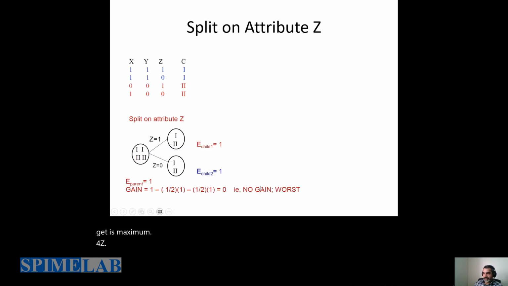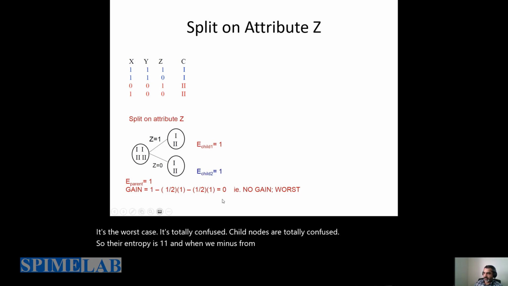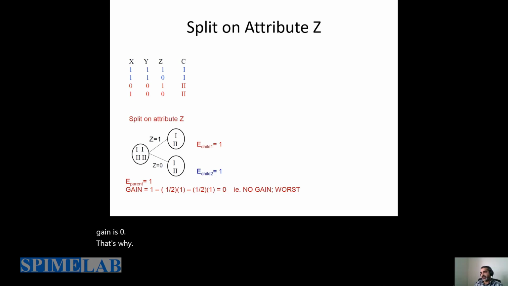For Z, it's the worst case. It's totally confused. Child nodes are totally confused. So their entropy is 1, 1, and when we subtract from the entropy of the parent, the information gain is 0. That's why now we get some feeling of how this formula makes sense and how it can be used